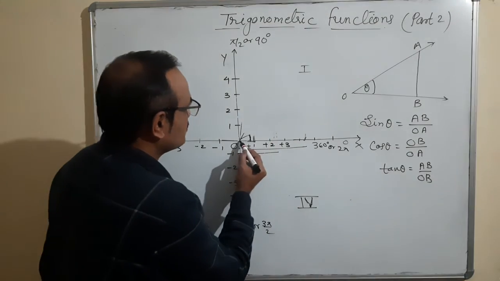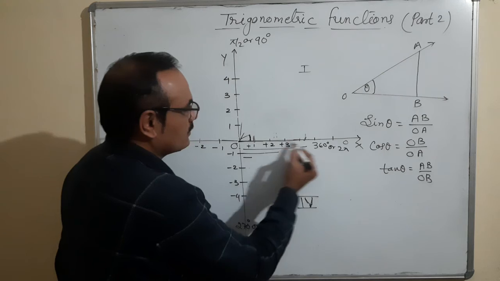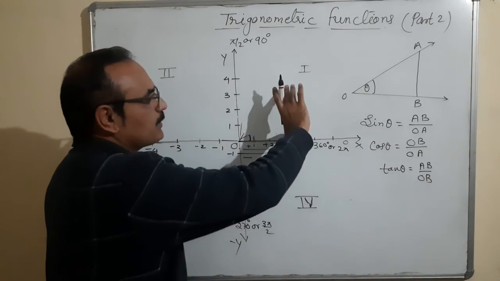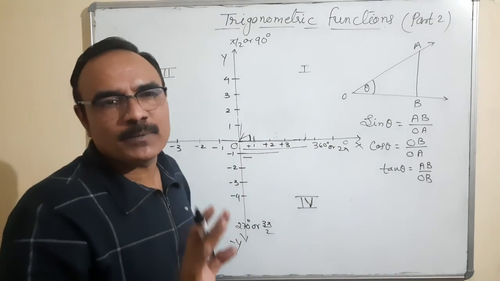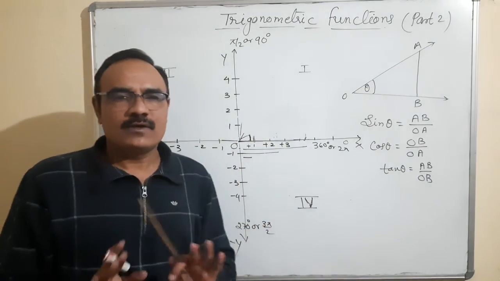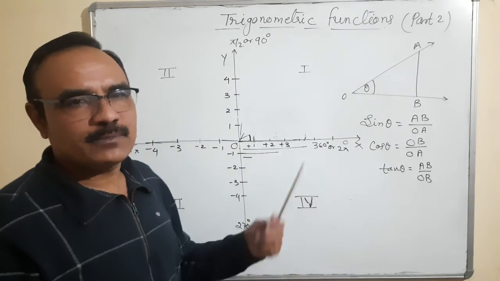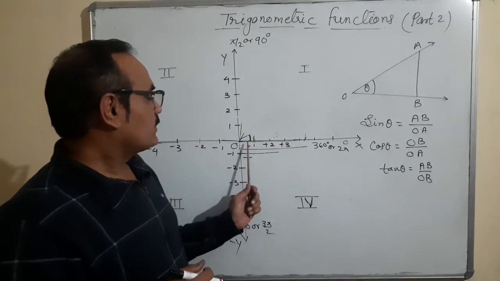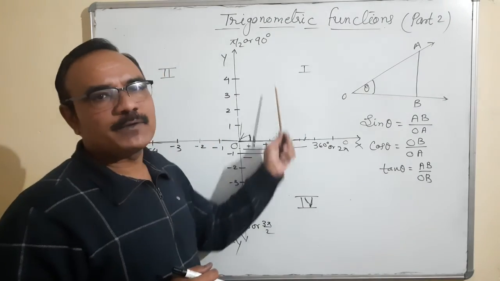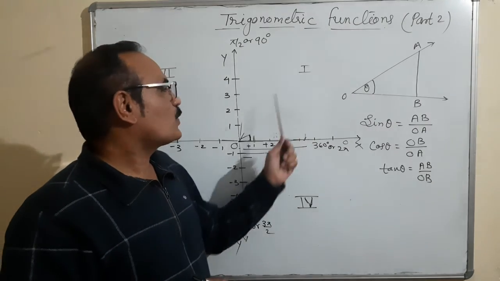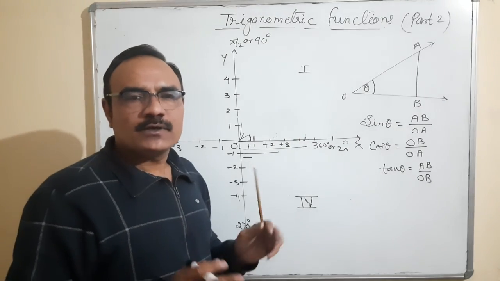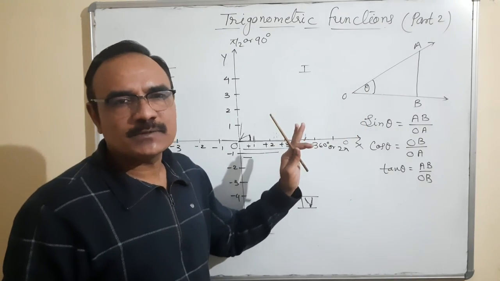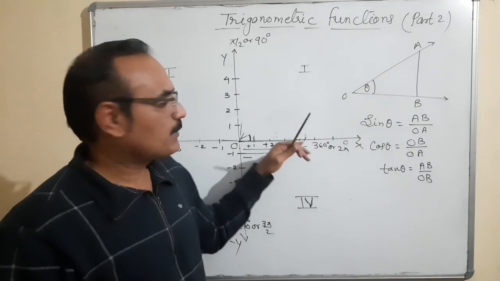In the first quadrant, you can see the x and y values, all numbers are positive. So that means the base is positive, perpendicular is positive, and the hypotenuse is always positive in the first, second, third, and fourth. We are not counting the hypotenuse in any category, positive or negative. It is always positive. It's the magnitude of the hypotenuse. Okay. So in the first quadrant, all signs are positive, whether it is sine, cos, tan, sec, cosec, cot, everything is positive, because perpendicular and base are positive.